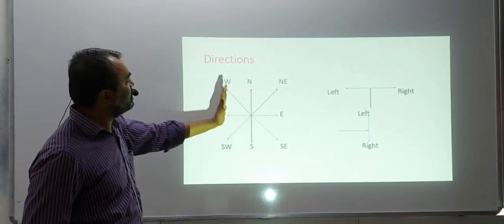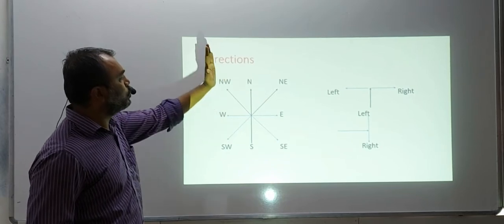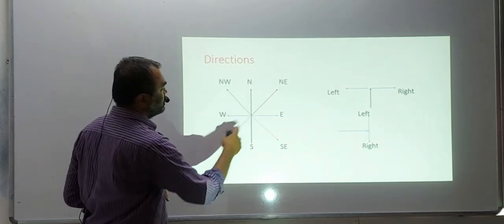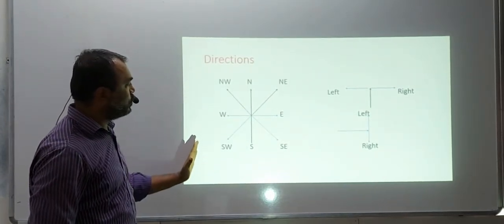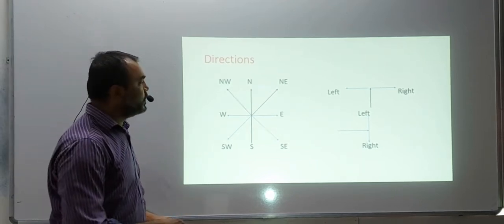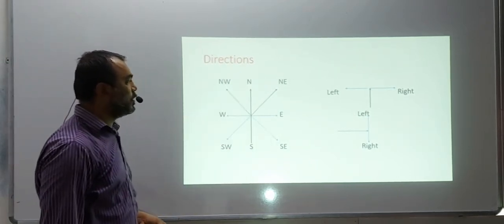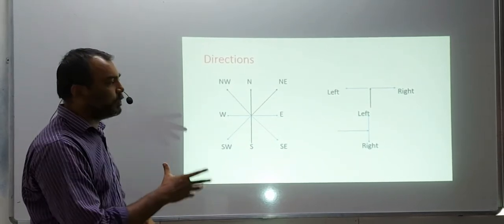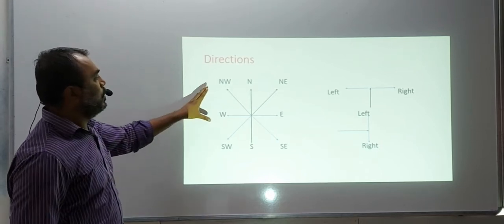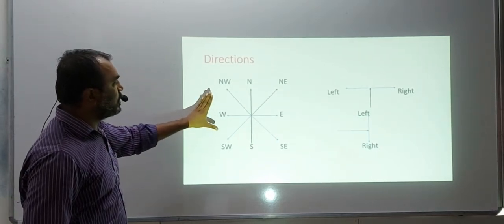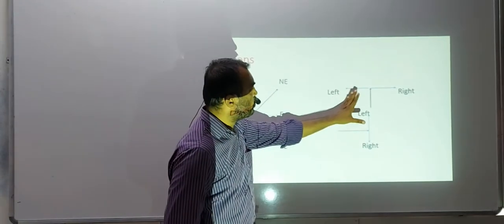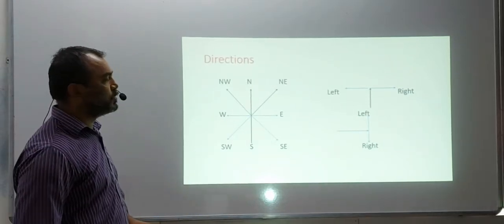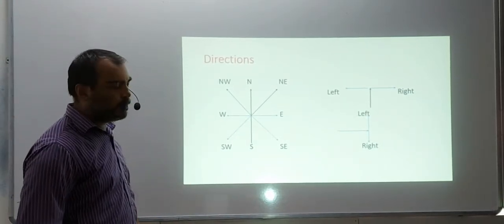So here we take the direction by convention. North to be upward, south to be down, east on the right and west on the left, and in between comes this location. So in these questions, try to figure out the chart, or if you want, on a piece of paper you can draw this and keep for your reference. You may be knowing this direction, but still if you want, you can draw this quickly on a piece of paper and keep it for reference. So some questions will have directions of north, south, west, east. Some will tell you about left and right, and some will have a combination of both. Now that will depend upon the questions, and you will know as soon as we begin.